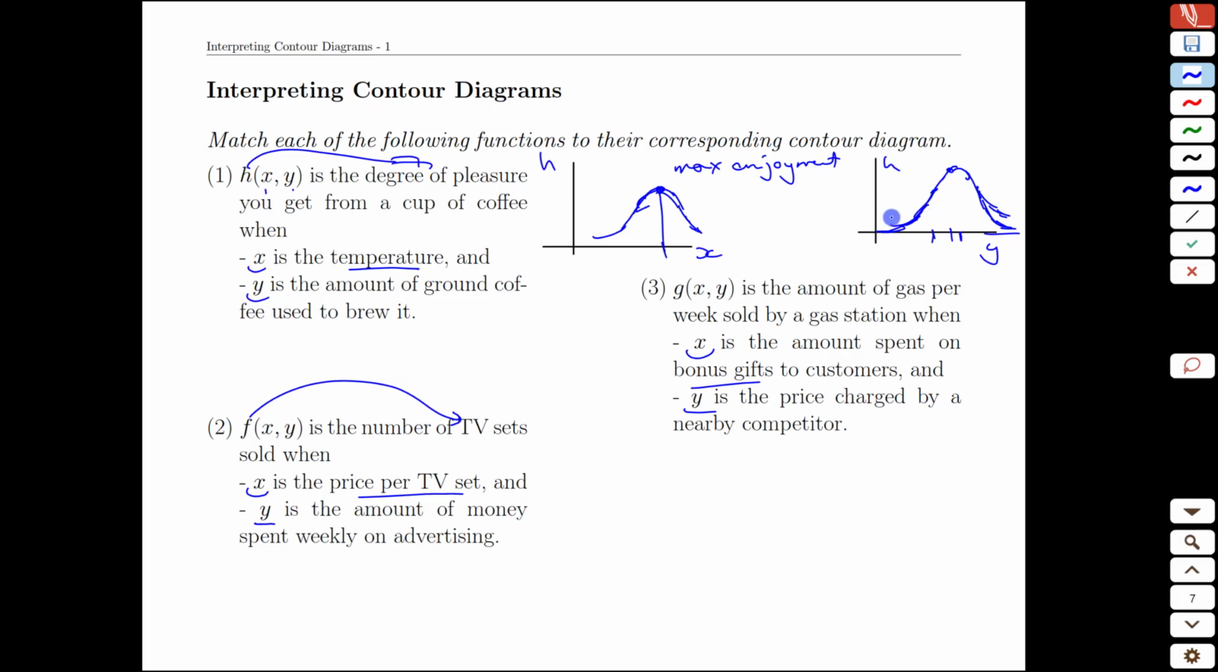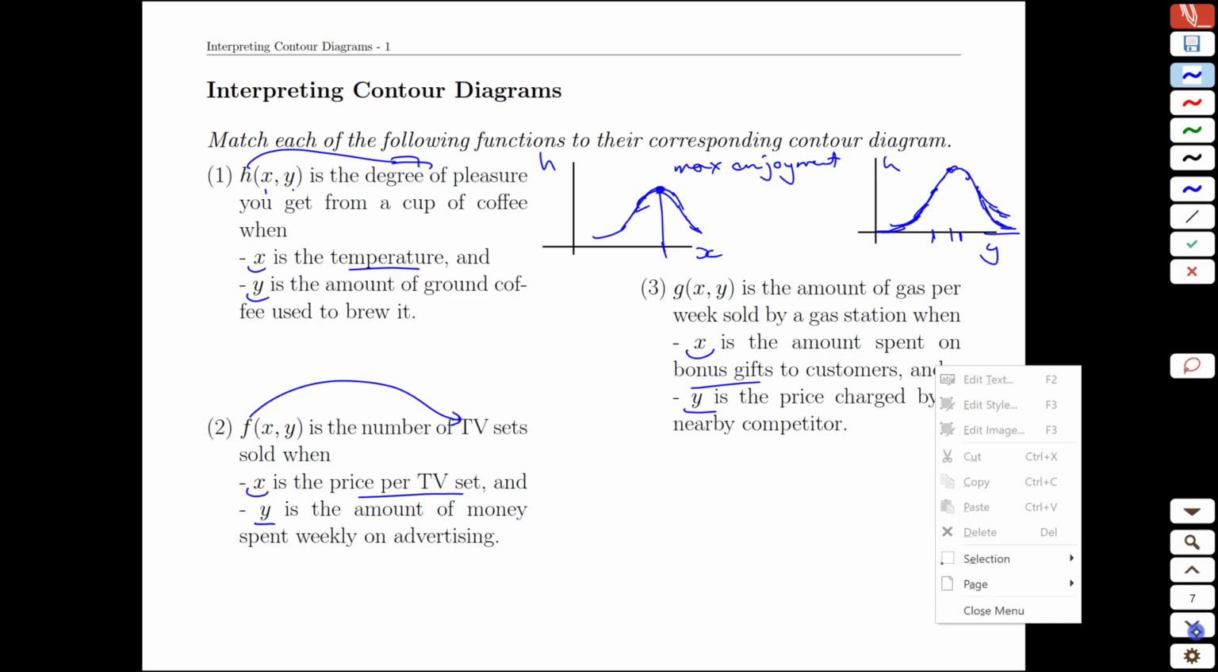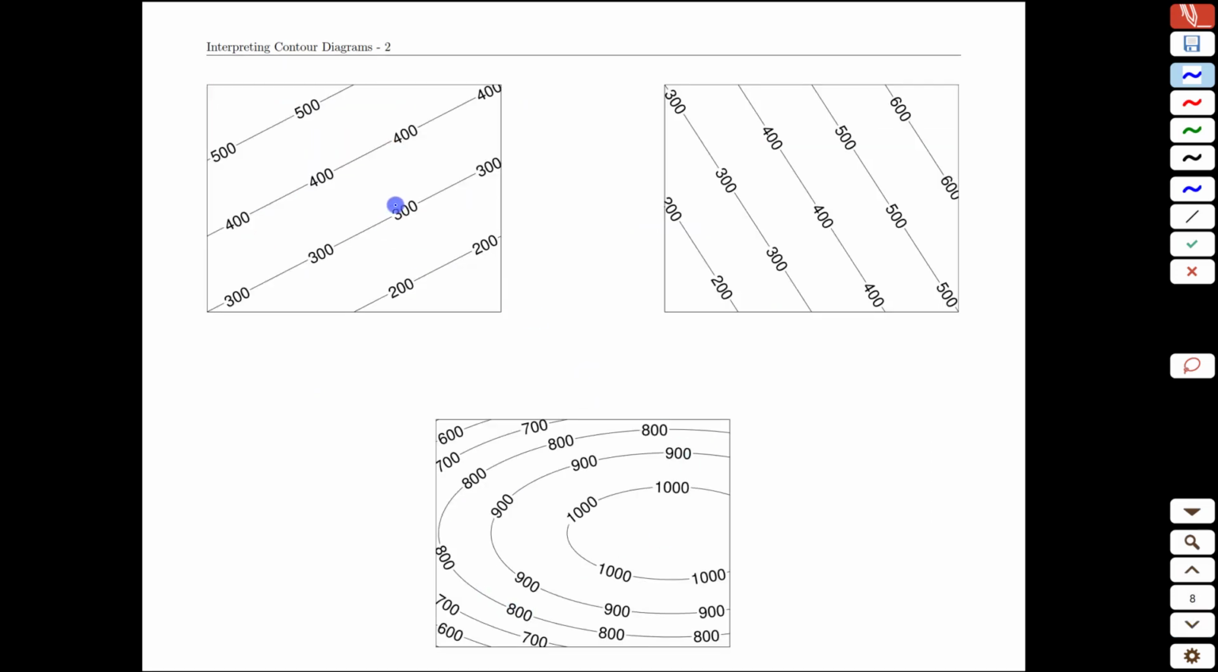The challenge is then to tie those two graphs together into a contour diagram. And we can see out of these graphs here, there's only one that really describes having a local maximum for enjoyment, and that is this graph here. So if we were imagining the axes here as y, which was the amount of coffee in the brew, and on this axis we had temperature,